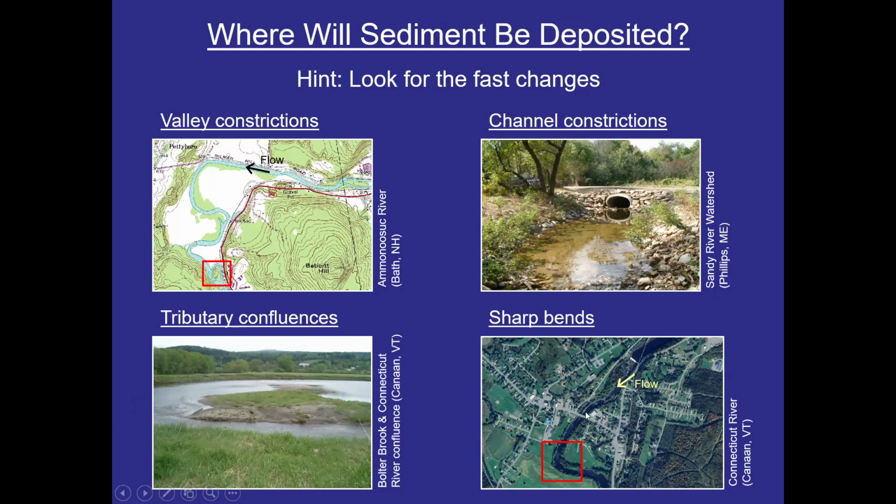Sometimes these sharp bends are artificial because of past channel straightening. Here we actually do have a dam in the picture. This is the Canaan Dam in far northern Vermont and New Hampshire. This was a recently relicensed hydropower facility, and so any thought of dam removal is decades away. But just to illustrate, if this dam was to be removed and there was sediment behind it, I would expect that sediment to be accumulating at this sharp bend, perhaps exacerbating erosion into agricultural fields.